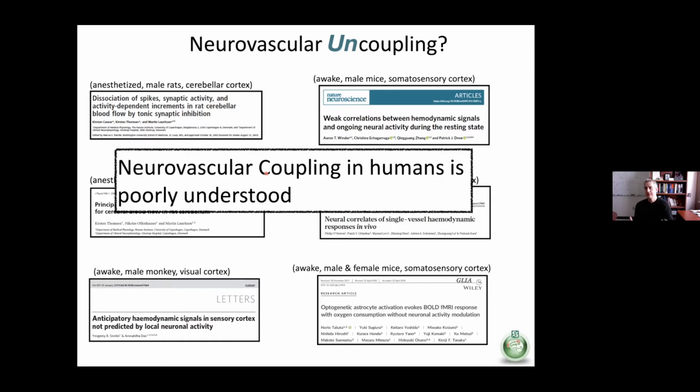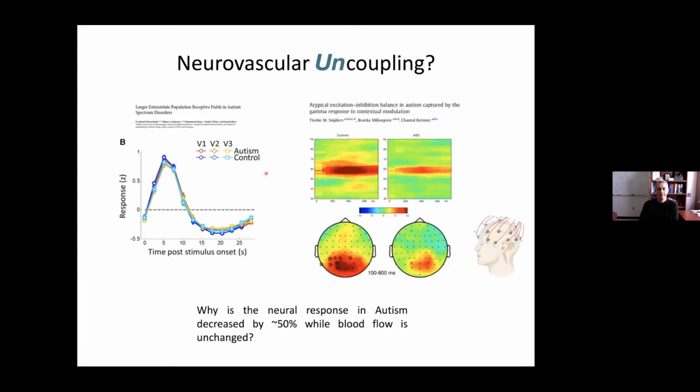And so most of these studies are done in animal models, but in humans, this was relatively unknown. And that's because the methodologies that we use in animals, of course, cannot be used in humans. In humans, we're left with non-invasive methodologies. And so I think to set up the next couple of slides, we'll show why neurovascular uncoupling or why understanding it could be important.